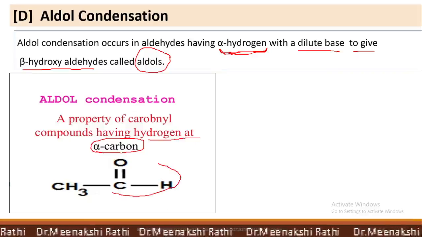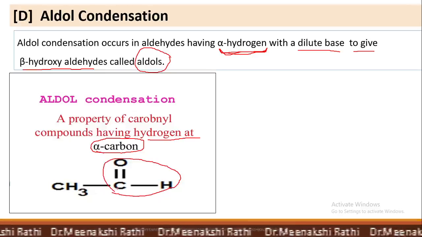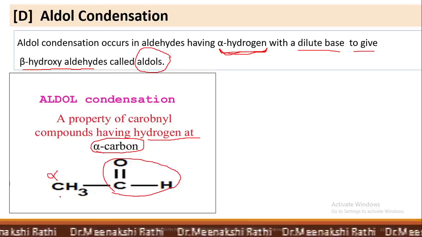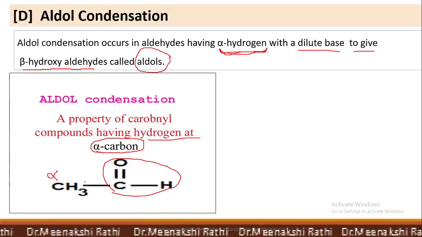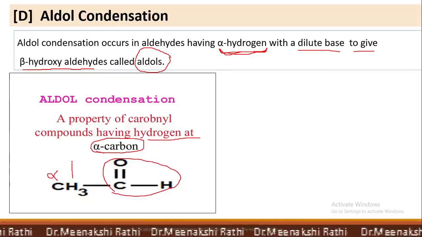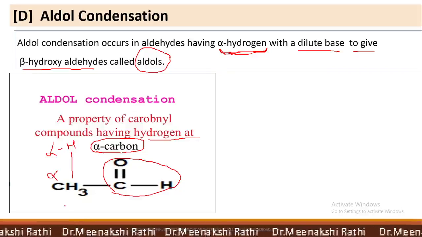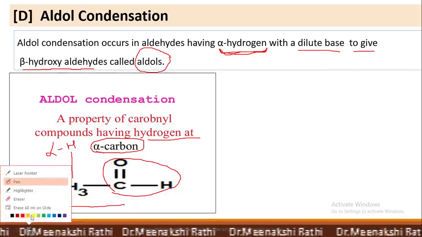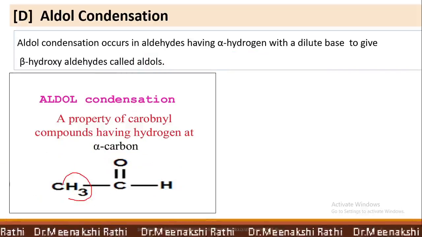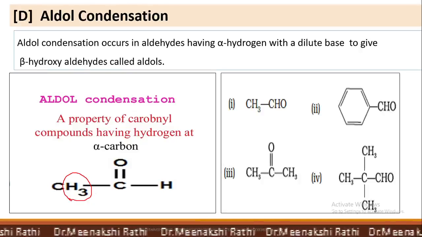See here, this is the functional group of aldehyde, that is CHO, and the carbon atom next to the functional group is called the alpha carbon. The hydrogen atoms attached to this alpha carbon are known as alpha hydrogen. So in acetaldehyde, this is the acetaldehyde molecule. In acetaldehyde, how many hydrogen atoms are alpha hydrogen? 3 alpha hydrogen atoms are present.